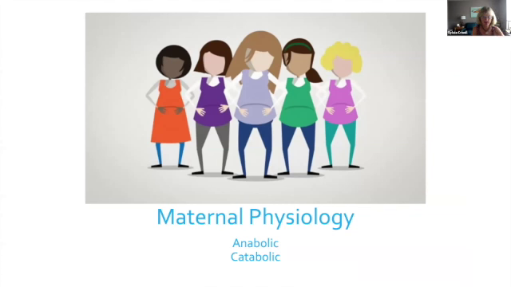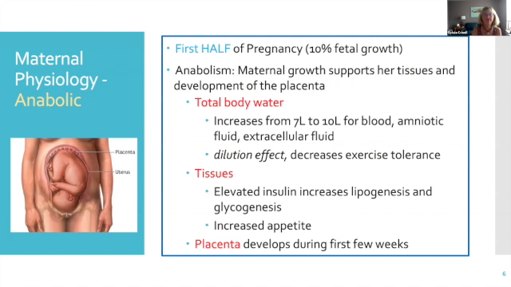So the next section we're going to talk about is maternal physiology. And I have the 2 things I want to talk about here, anabolic and catabolic. And I know you've heard these terms before, but let's review them. So in this case, your book does this, and I really like the way they do it. So I adopt their approach to it. So maternal physiology, we always talk about trimesters, 1st, 2nd, and 3rd. But with respect to her physiology, you can kind of divide the pregnancy in half. Whereas the first half, the growth of the fetus is very small. Okay, it's just a little tiny thing, right?